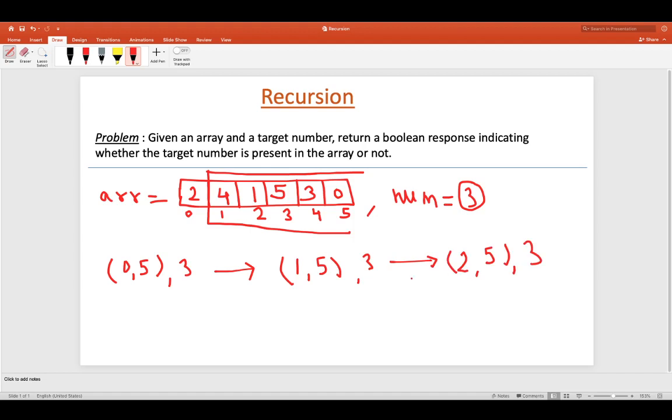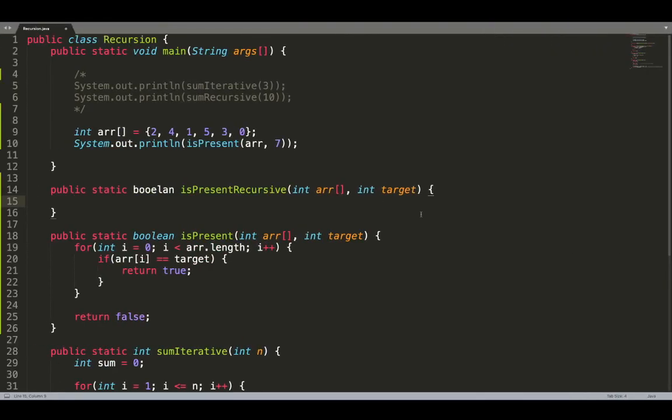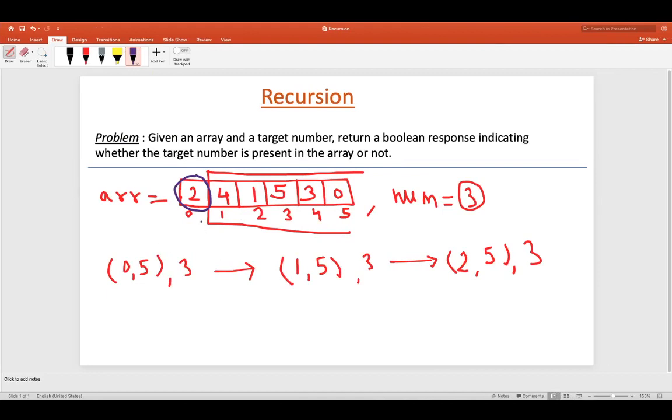Now the problem with arrays is that you can't easily break them down. Basically you can't remove any value from it very easily. Any one element remover is pretty difficult. Like I can't just go ahead and remove 2 and pass on the rest of the array to my recursive call. So what I will do is pass a pointer which will denote which is the current element that I am processing. Initially that will be pointing here, then in the next call it will be pointing here, then here. So it will keep going on like this. Eventually at some point it will go outside the array. That will help us decide our base condition.